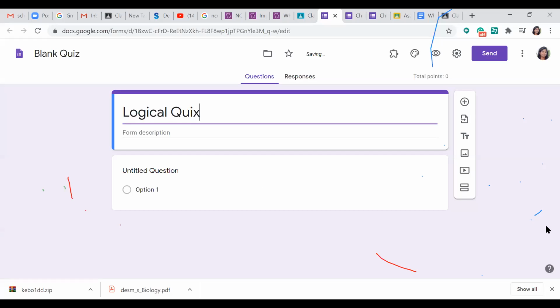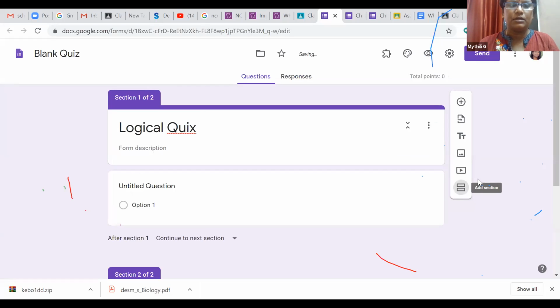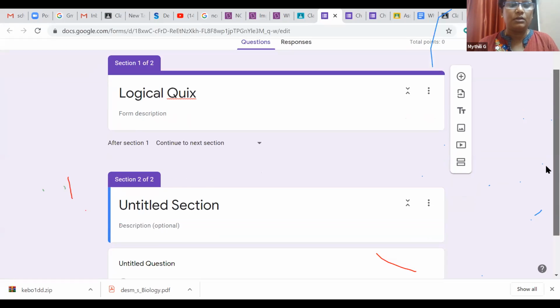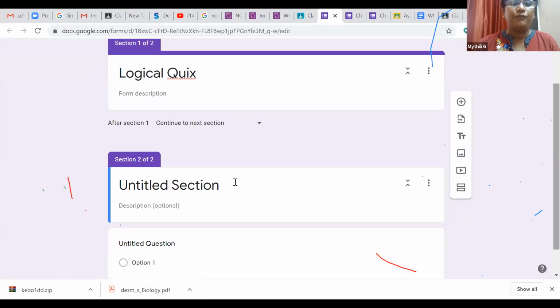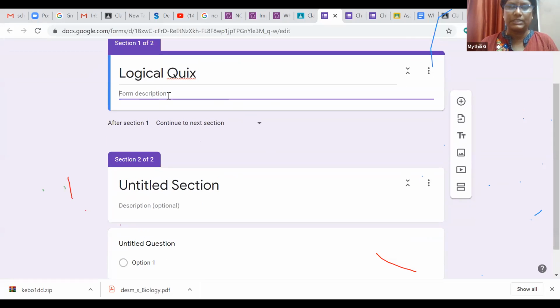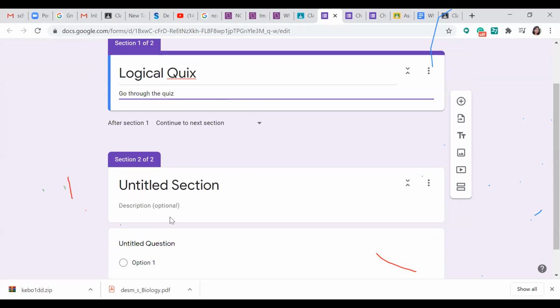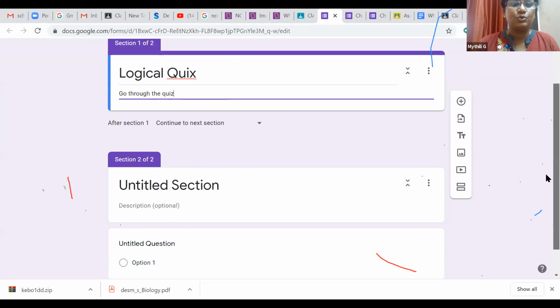Okay, so now I will create the first section. So this section 1, only the description. After the description, for example, go to this. Okay. Then section 2.